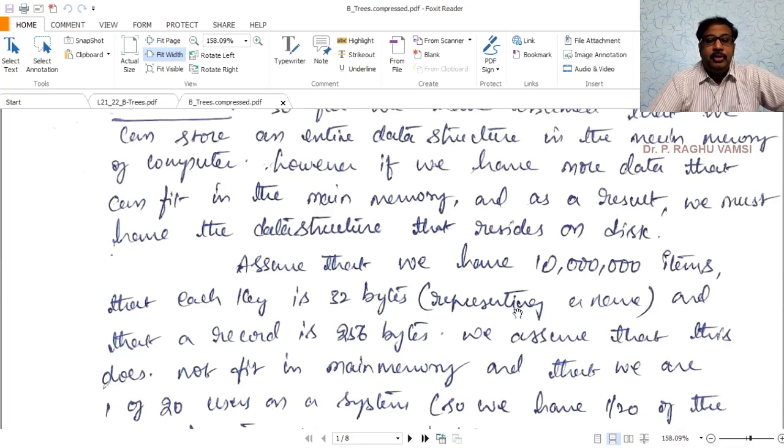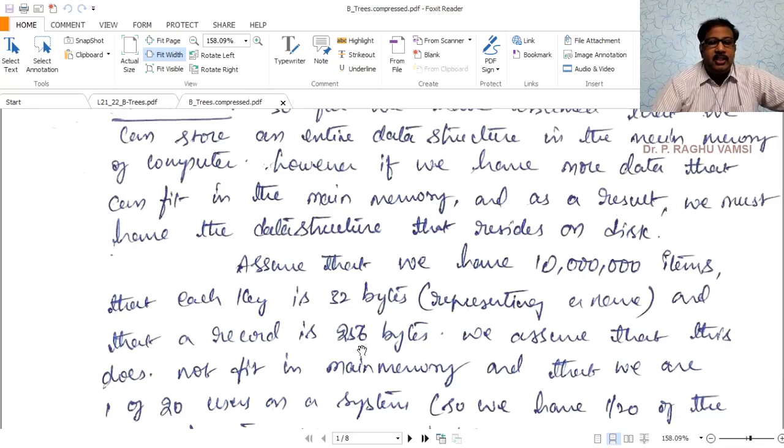Assume that you are going to represent a name. Previously, in trees, we stored integer values. An integer is 4 bytes or maybe 2 bytes, depending upon the compiler that you choose. Here, assume every key is 32 bytes, representing a name,